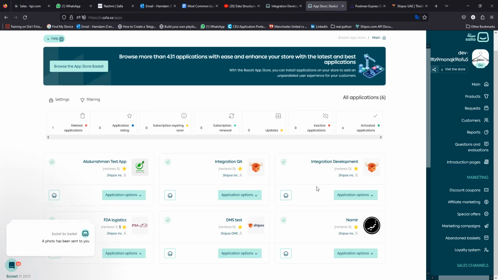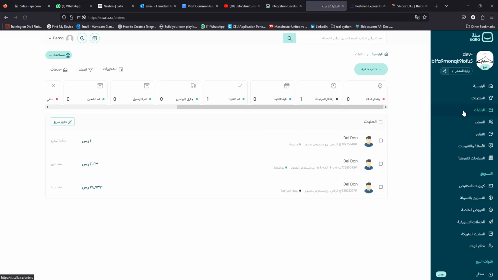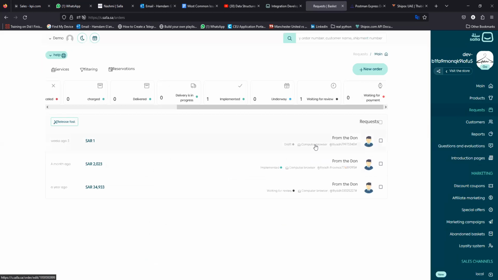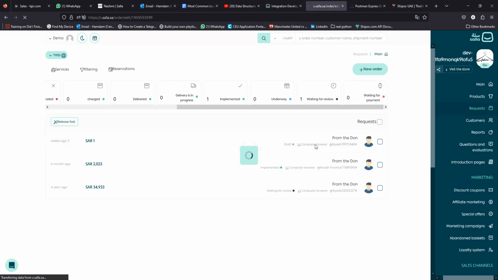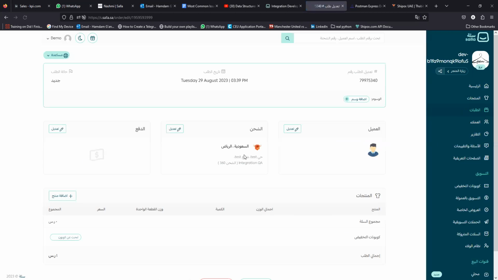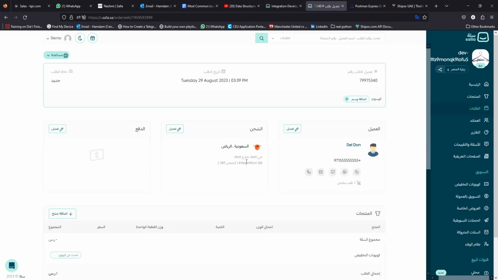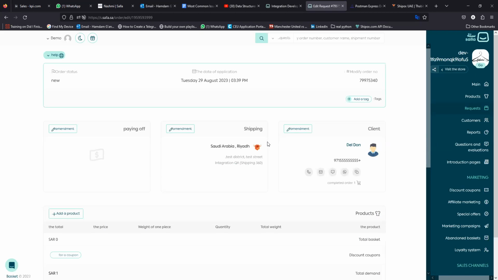So the order pushing process is pretty easy. You can just go to orders. From now on, everything is easy. You choose the order, choose the courier company you want to push with. This one is integration QA, and you can choose it and click on push the order, and it will be pushed. Before doing that, you also need to make sure,